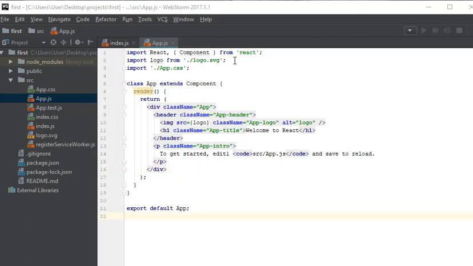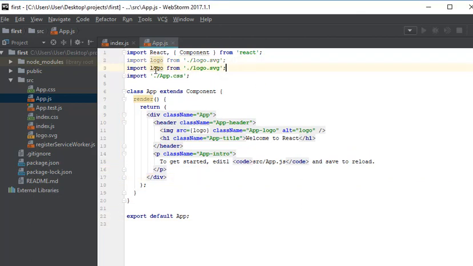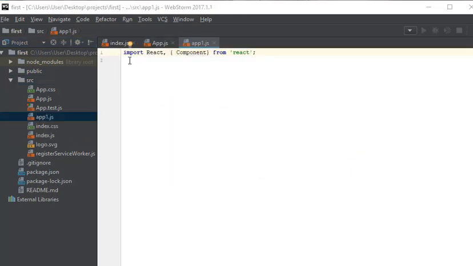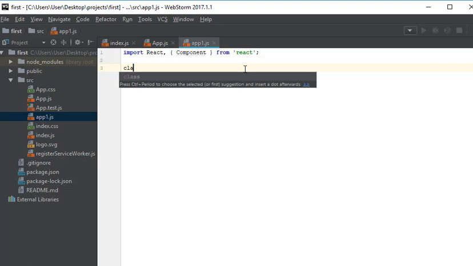Let's try to do some simple work right now. Let me just duplicate this. So we're going to make a new component. Let's call it app1, which will be from the app1 file. Let's make this app1 file. So on source, we right click, we click on new and JavaScript file. We're going to name it app1, and it is a JavaScript file, which means it will be .js, and we click OK. So first of all, we're going to import React, and then we're going to add in our component method from React. Now we're going to go ahead and type in a class